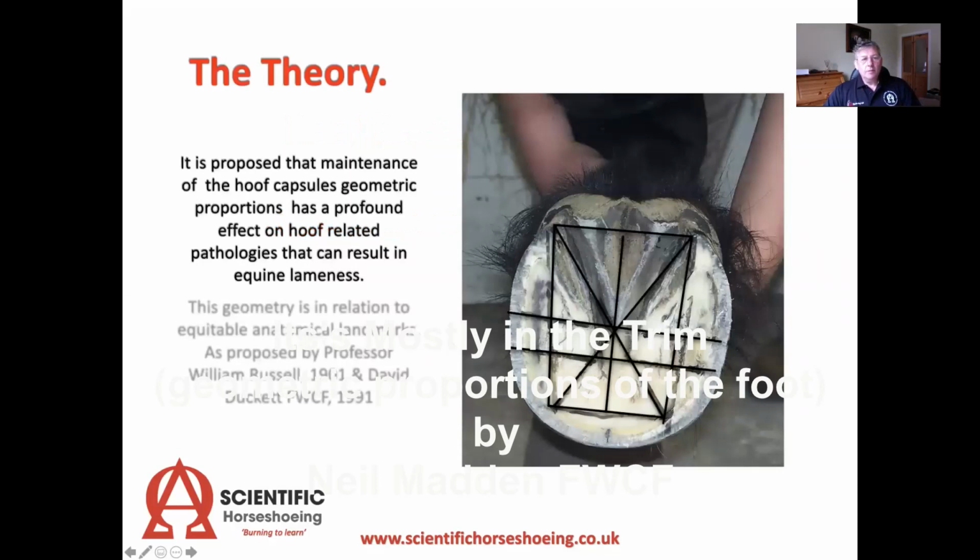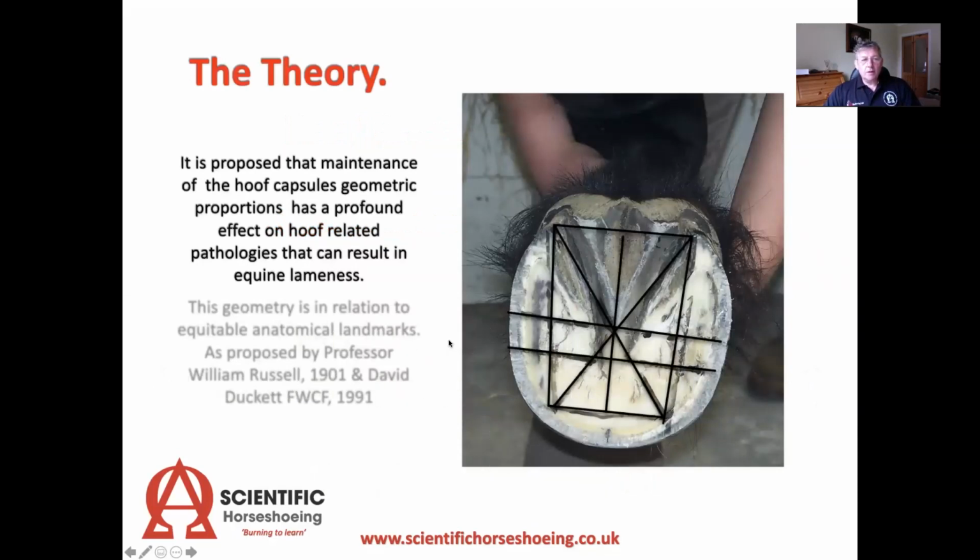The theory. It is proposed that maintenance of the hoof capsule geometric proportions has a profound effect on hoof-related pathologies that can result in equine lameness. This geometry is in relation to equine anatomical landmarks as proposed by Professor William Russell, 1901, and David Duckett FWCF,